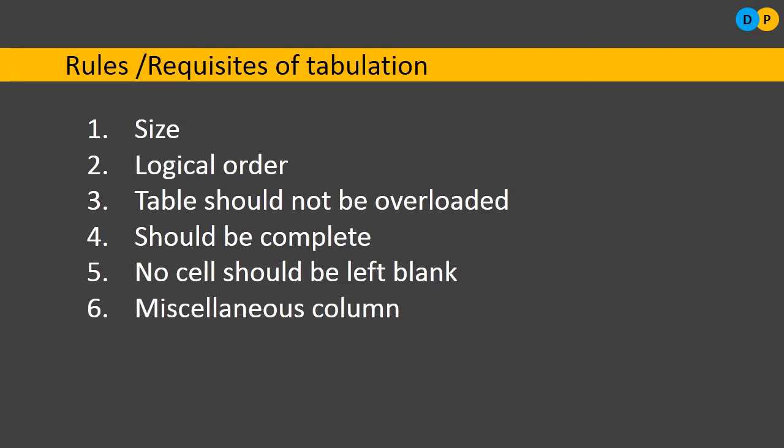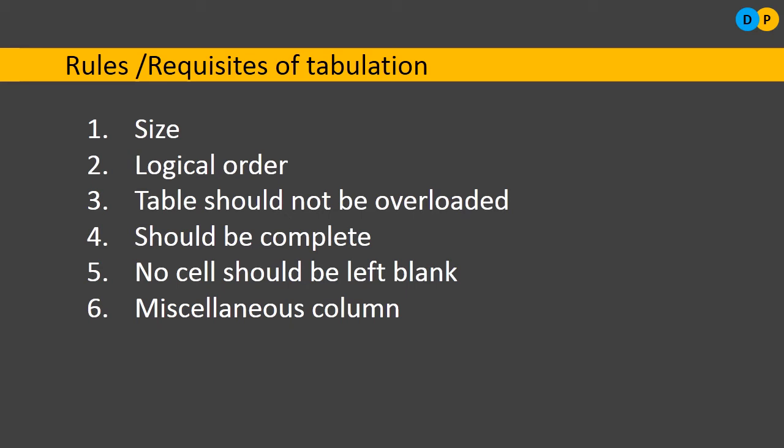The next rule is miscellaneous columns. So what do you mean by miscellaneous columns? Nothing but columns which provide for the presentation of ratios, percentages, etc. of the data can be there. So if, for example, you want to give extra information for the common people, the common man, then that can be provided with the help of miscellaneous columns. We will be adding some extra columns.